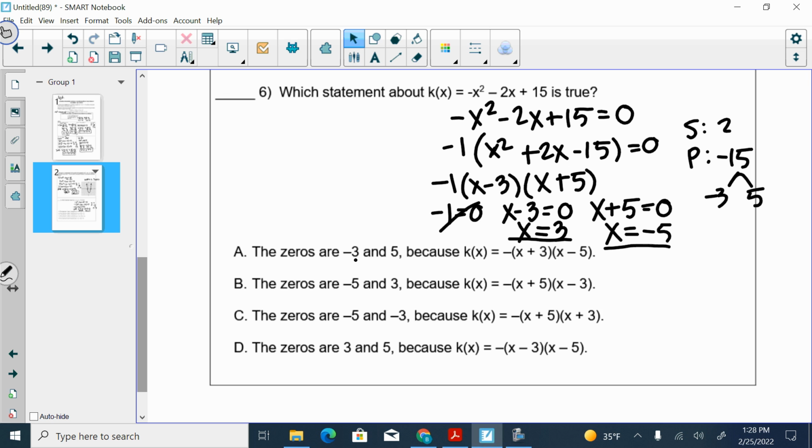A says that the zeros are negative 3 and positive 5, which is not what we got, right? Does B have the right ones? Yes. Okay. Does C have the right ones? No. This one's good, but that one's not. And what about D? Nope. The 3's good, but the 5 is not. So our answer must be